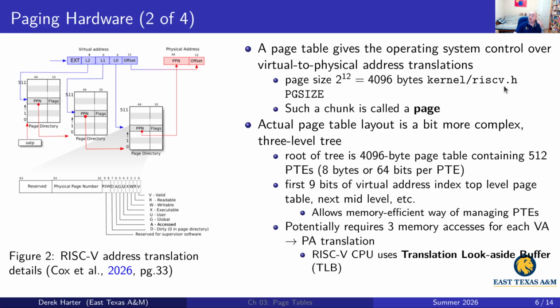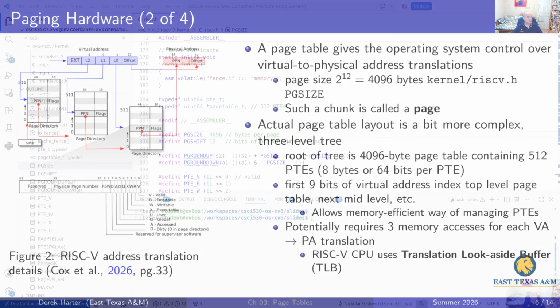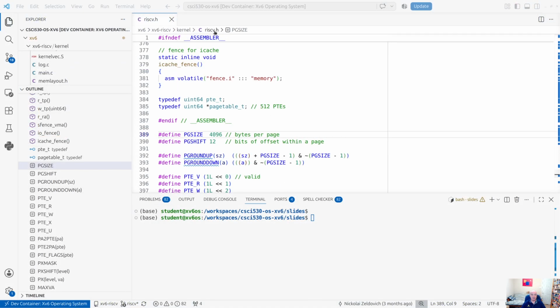we ran across the riscv.h file. So just to remind about some numbers here, right? All of our pages are going to have an offset of 12 bits, 2 to the 12. So that means that we actually have 4,096, or 4 kilobytes, in each page in our paging system here. So if you look in riscv.h, that means that we have 4,096 bytes per page, and we're using 12-bit offsets, which means that if I need to shift to get the offset out of there,